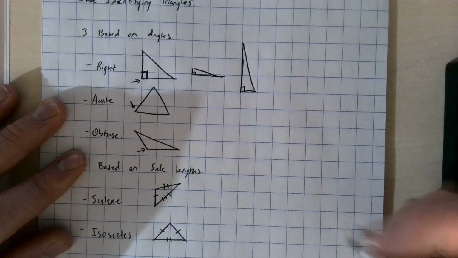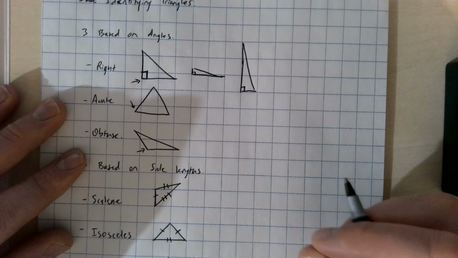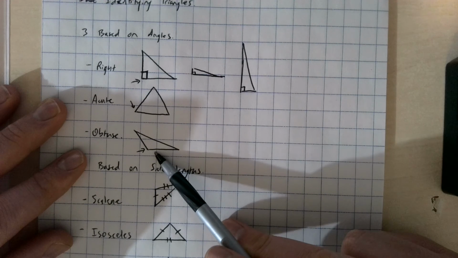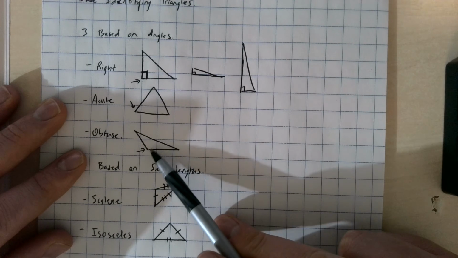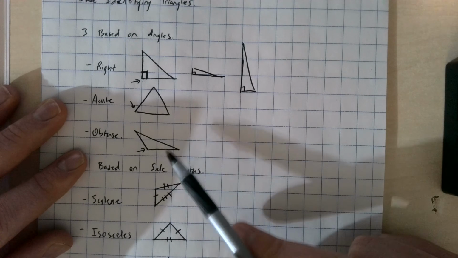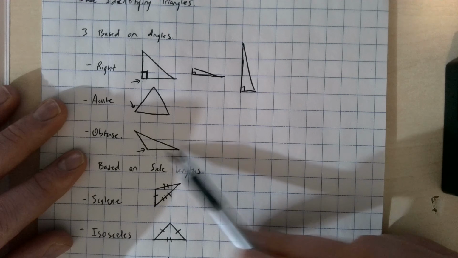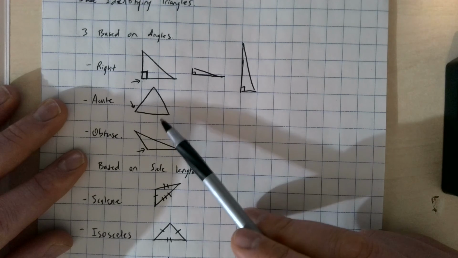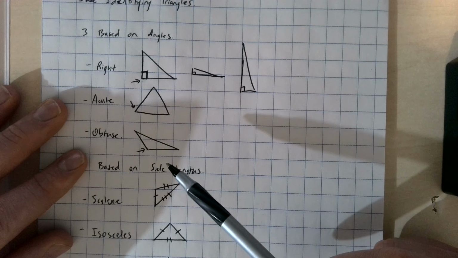Acute. An acute triangle is a triangle that is made up of only angles that are less than 90 degrees. Okay, the rule is if you have an obtuse angle in a triangle, you cannot have any other obtuse angles, because say you have an angle that is 95 degrees, the other two angles combined have to be 85, because it has to equal 180 together. So an acute triangle has no obtuse angles and no right angles. It is just